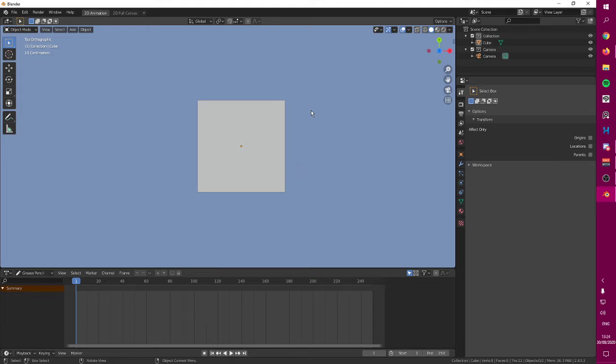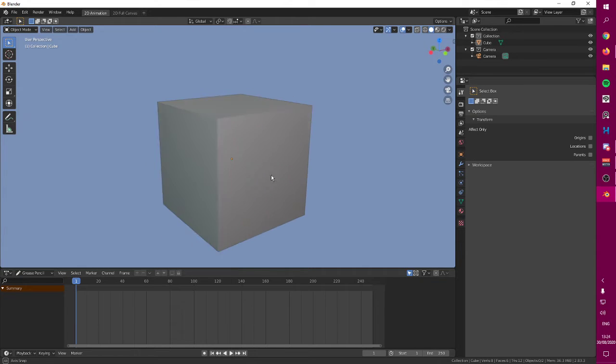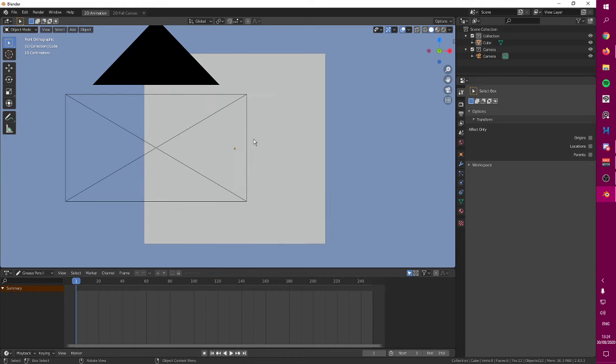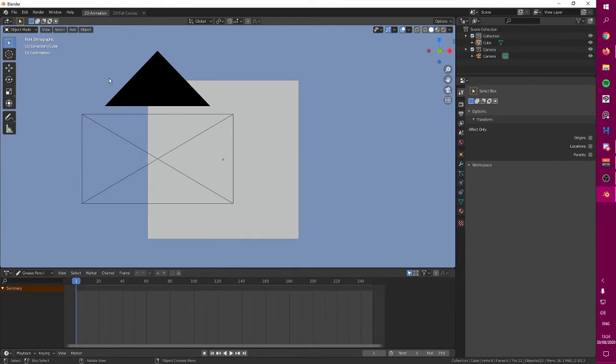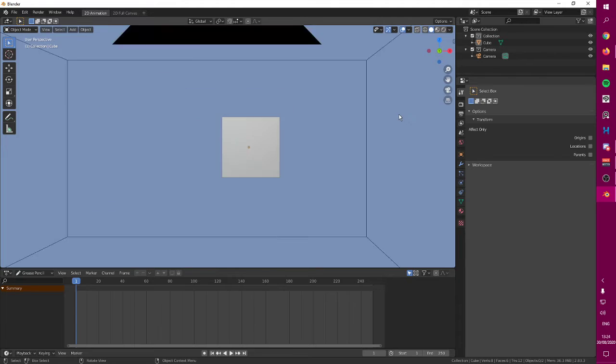It has no perspective. Because if this had perspective, it would change a lot of things, and it's harder to handle vertices and 3D stuff in that way. Perspective view is useful if you want to get an idea of how this is actually going to look, but whenever you're doing 2D animation, you want to go onto orthographic mode.